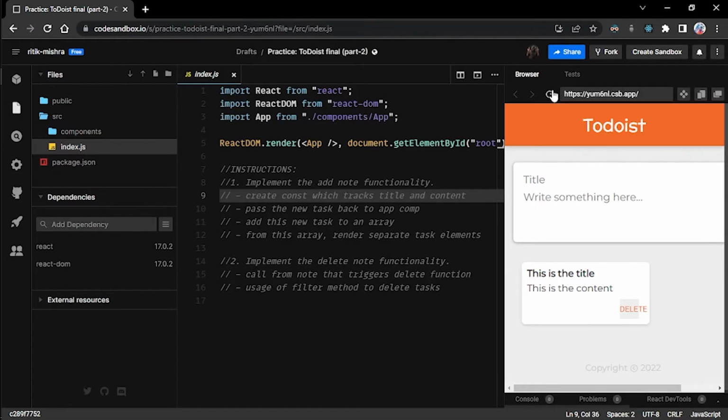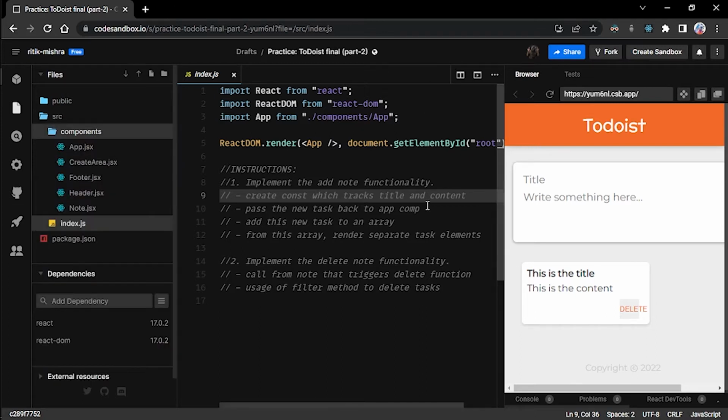Welcome back, guys. Now it's time to complete our final version of this ToDoist application, whatever we left in part 1. So if we take a look here, I have forked another copy called part 2. So the progress we made up till the completion of part 1, I will be sharing with you as another link of that code sandbox, and then the final completion with all the changes made, we'll share that link as a separate one,